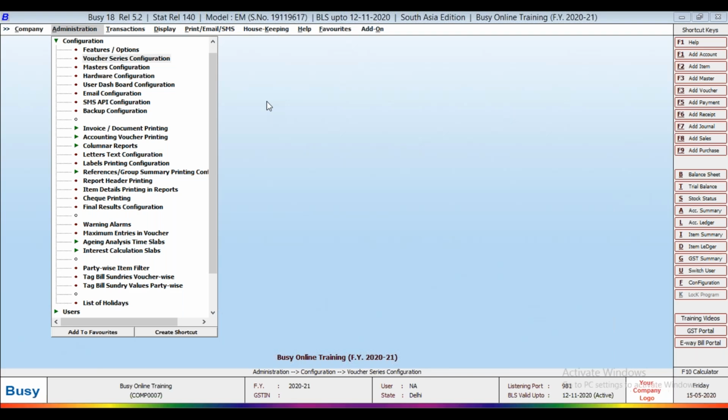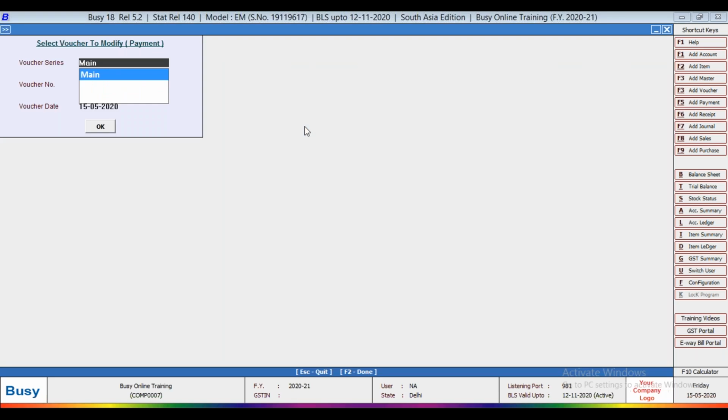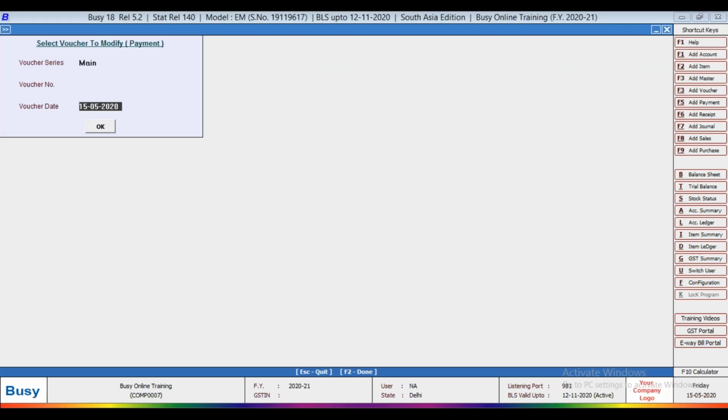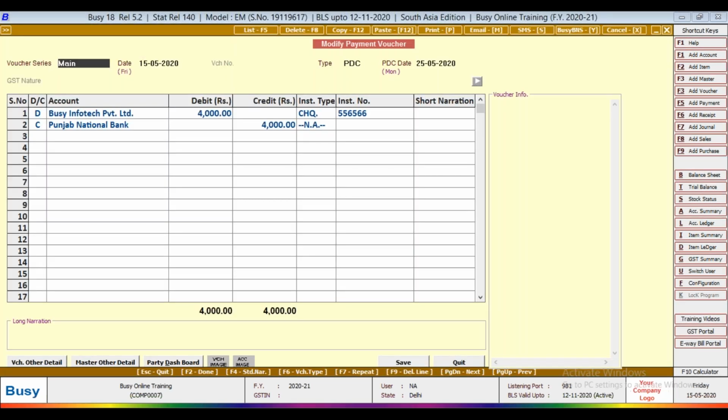Punjab National Bank. Now modify the check voucher, payment voucher.